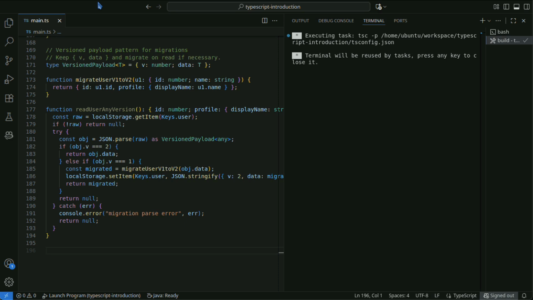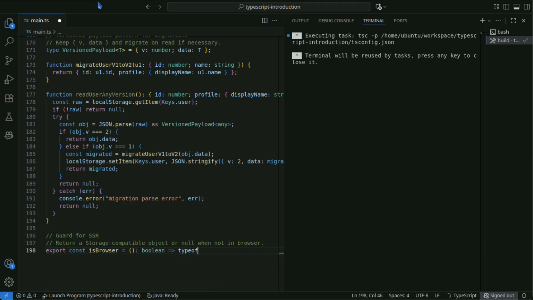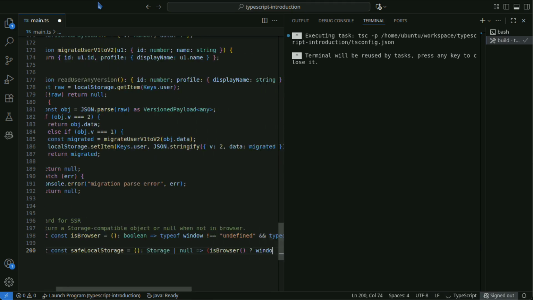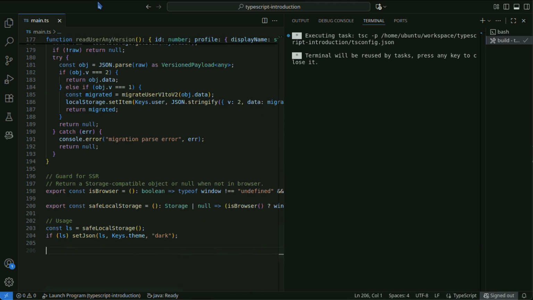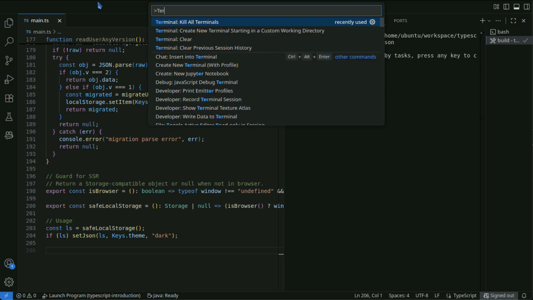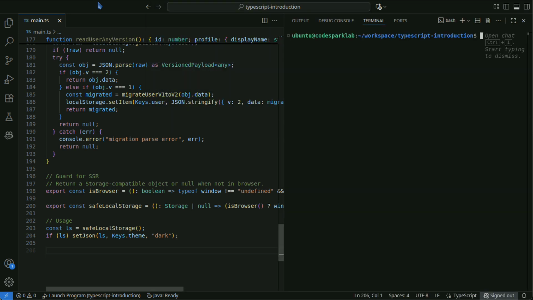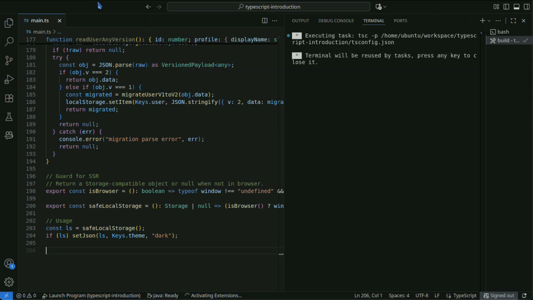In environments without window, directly referencing localStorage will crash, so use environment guards. For code that must support SSR, always remember to check typeof window.